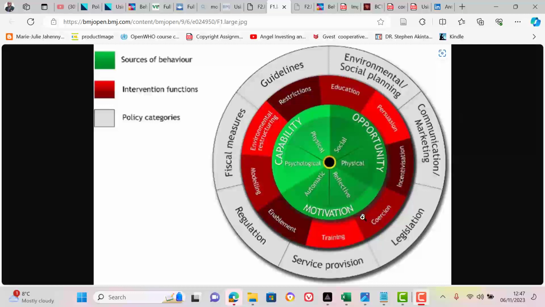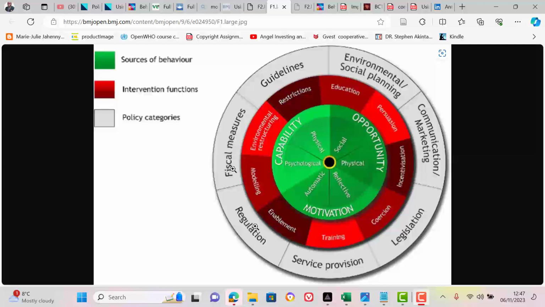So if you want to influence motivation and opportunity, you can see that legislation can contribute on both sides. It can affect someone's motivation and also affect someone's opportunity. So you also have service provision, regulation, fiscal measures, and guidelines. So these are the 7